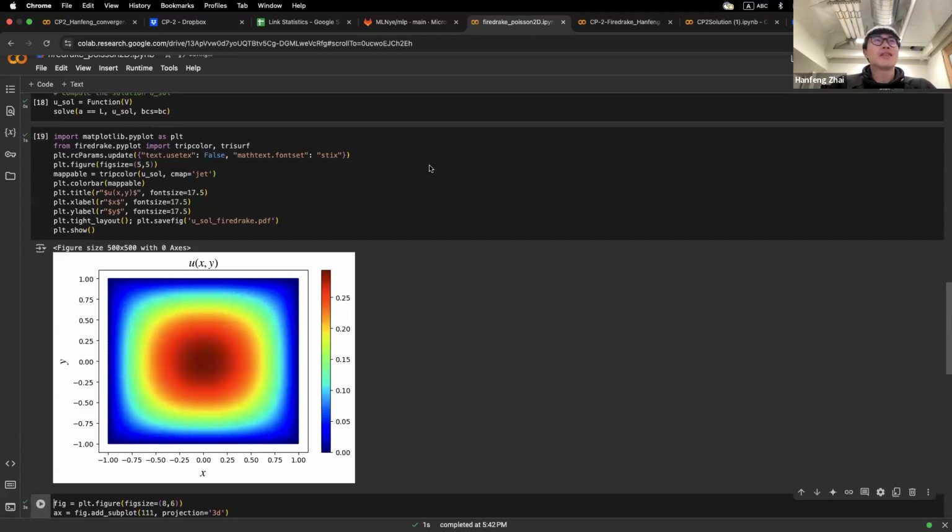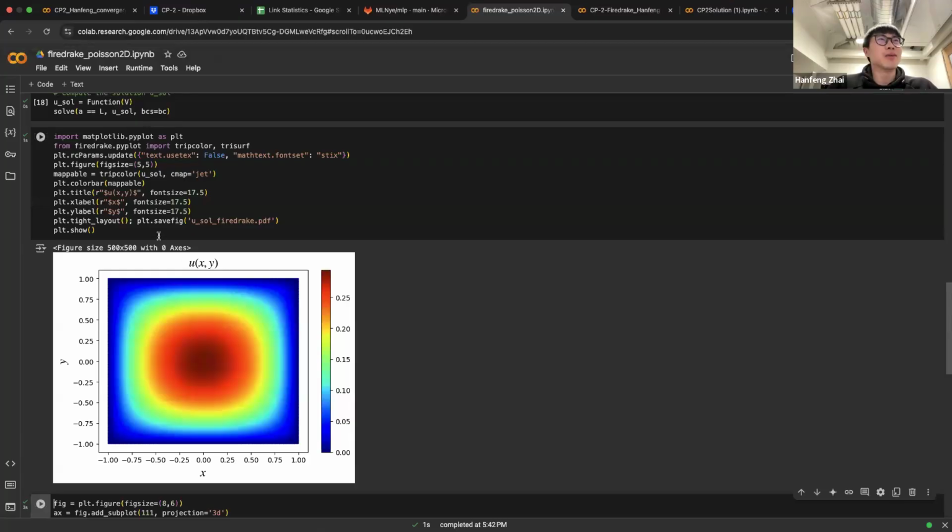Okay. Yeah, that's actually quite short. It's 10 minutes. That's basically the tutorial for Firedrake. So the point is, we hope you can see from your CP1, just for a 1D problem, you have to